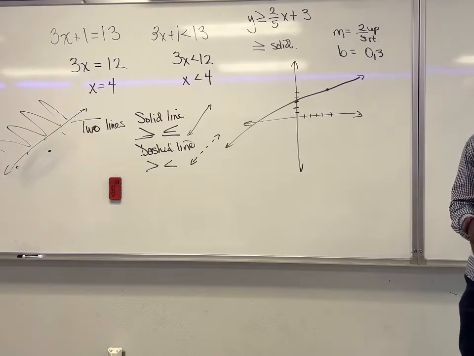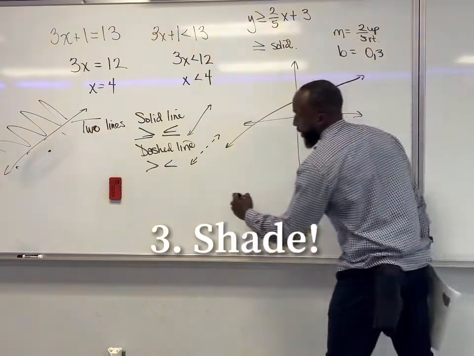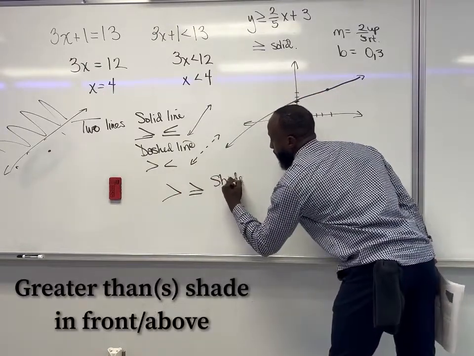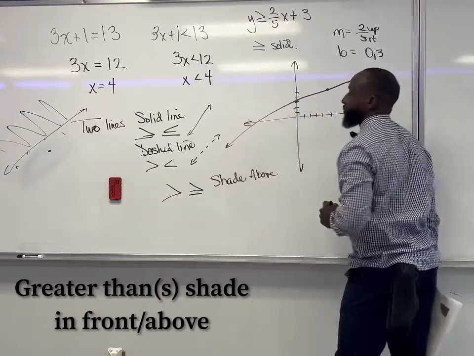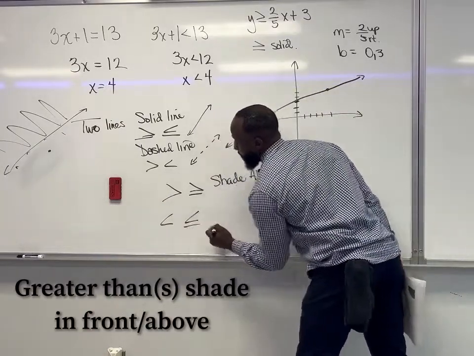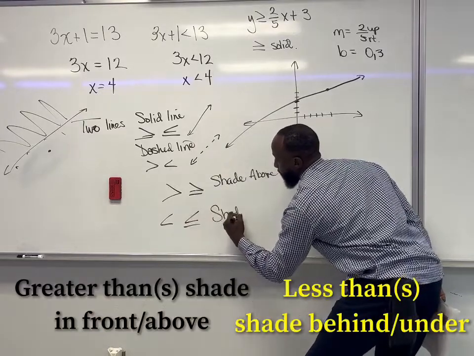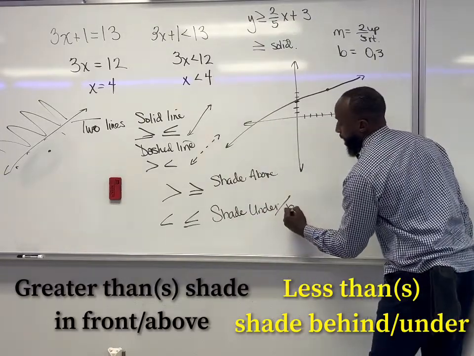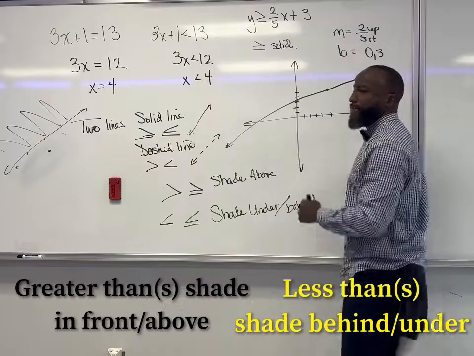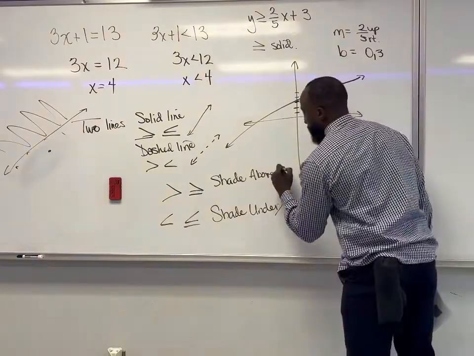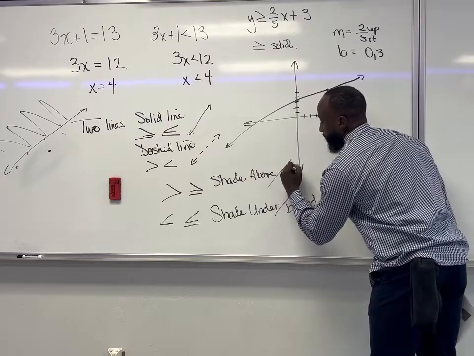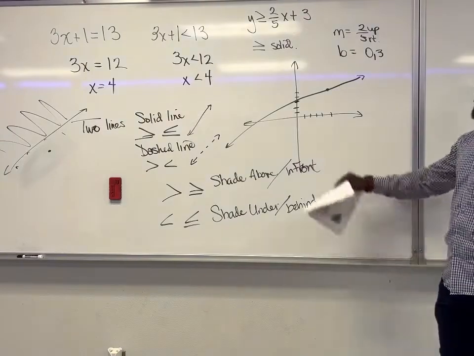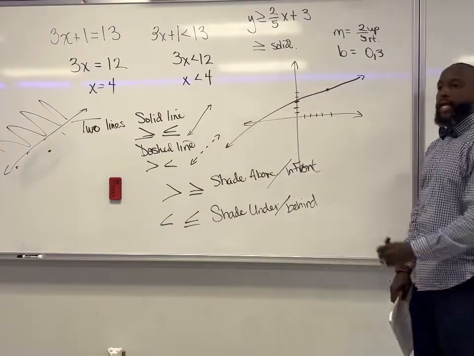Now, this is the way shading works. If it's greater than or greater than or equal to, you shade above the line, right? If it's less than or less than or equal to, you shade under the line. Under the line or behind, if it's a vertical line. You shade above or in front of the line if it's greater than. And so now, because this is greater than, we would shade above the line,